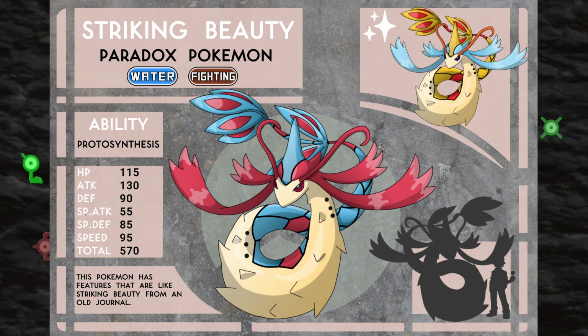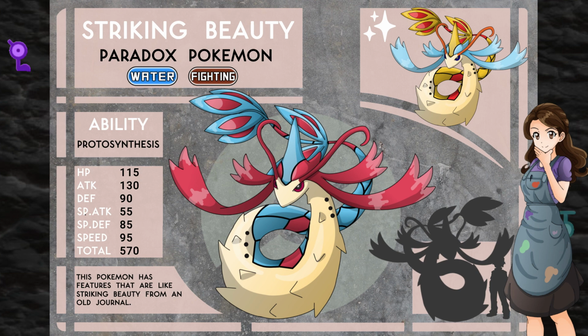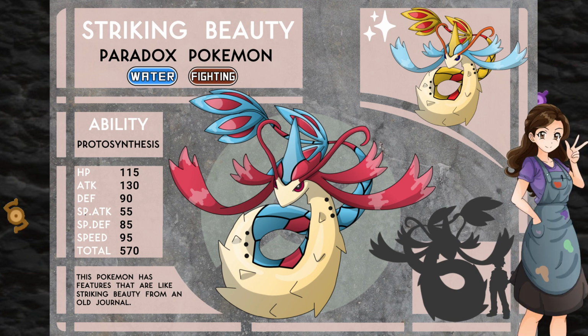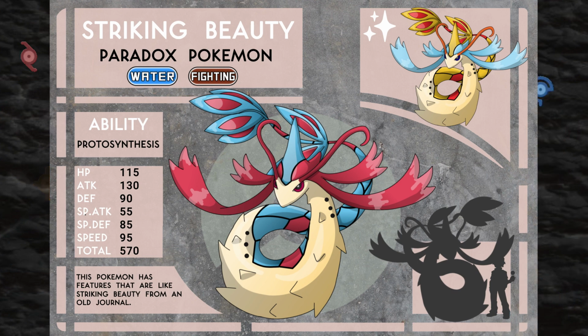The scales of Melodic's tail I extended up the back to help further the past vibe. I also added extra ribbon thingies. I'm not sure what they are, but now there's 4 of them. And finally, I made the body spiky. I felt like that really tied in the savage nature of Striking Beauty and made it fit perfectly with other Paradox Pokemon. Melodic already has an amazing shiny, so I just took Melodic's shiny palette and translated it over for Striking Beauty. I was super nervous trying to design a past Paradox form of Melodic, but I think it turned